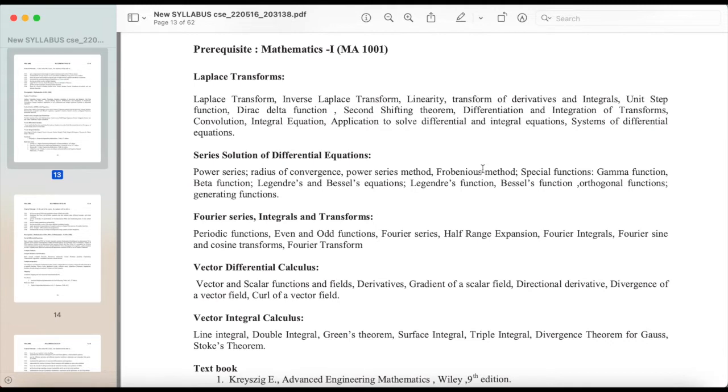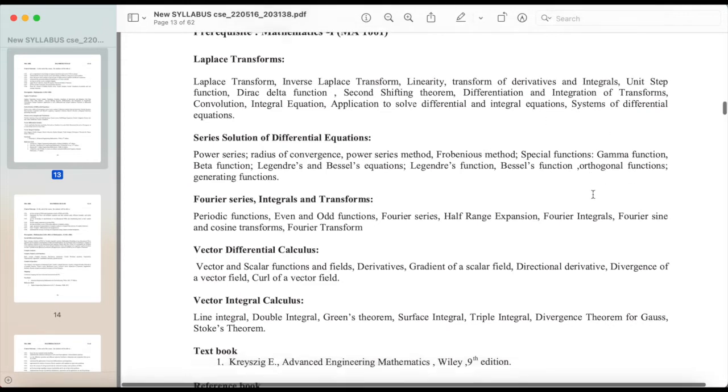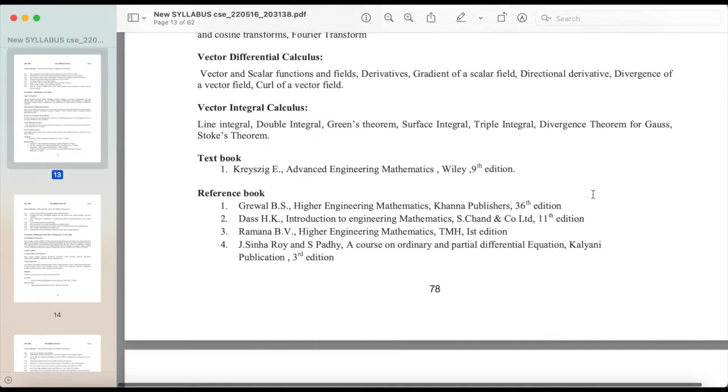solution of differential equations, power series, radius of convergence, power series method, Frobenius method, special functions, gamma function, beta function, Legendre's and Bessel's equations, Legendre's function, Bessel's function, orthogonal functions, generating functions, Fourier series, integrals and transforms, periodic functions, even and odd functions, Fourier series, half-range expansion, Fourier integrals, Fourier sine and cosine transforms, Fourier transform, vector differential calculus, vector